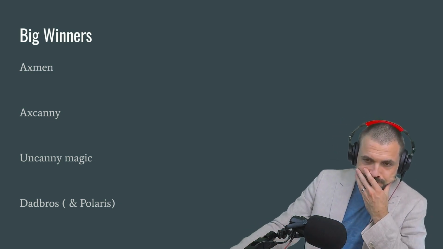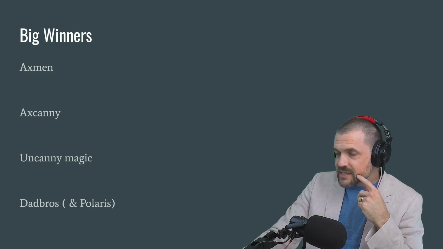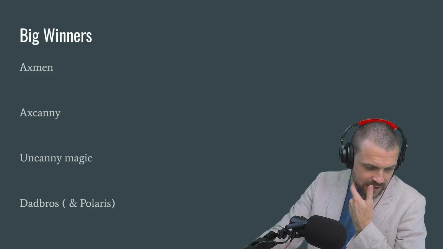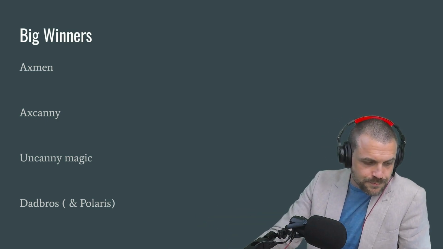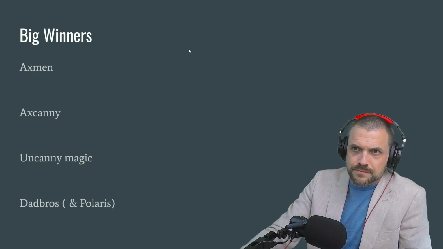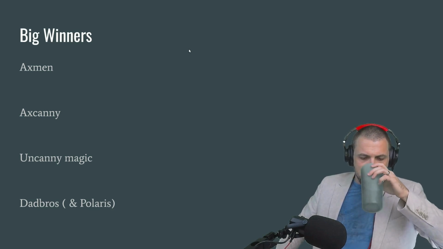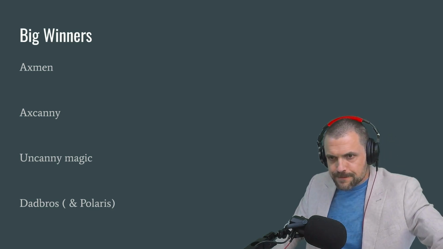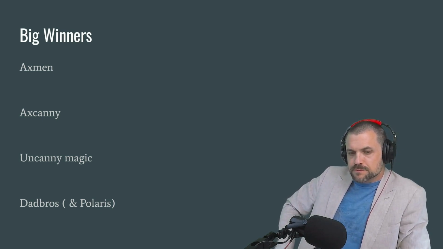Yeah. X23 and Negasonic should be included here as well. I noticed later in this you guys have that on there. Are we going to get to that? Because I'm curious about X23 and Negasonic. Yeah, so I would say the big difference between the big winners and our up-and-comers, which we'll talk about in a minute, is these are probably tunes you already have built, right? We have Axeman already built for raids. You know, you probably have some version of Uncanny, maybe not Uncanny Magic, but you have... So these are tunes that you're already using, and you're going to get more value, because essentially...